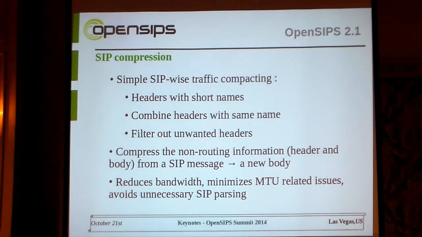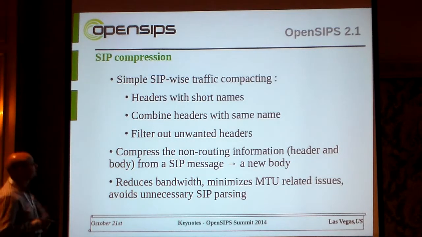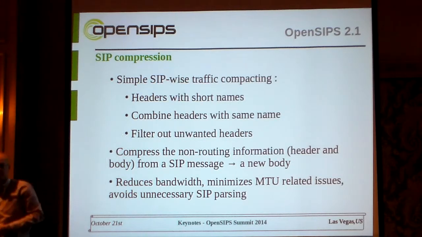There are also standards about things that can or cannot be compressed. For example, in SIP you have the short name versioning. So instead of Via, you put a V. Instead of From, you have F, the short version of the headers. Also, you have headers with multiple instances, like Via and Route headers, and so on. So you can combine them in the same payload in a shorter format, using short names for headers and combining headers with the same name. You can do these kinds of tricks to